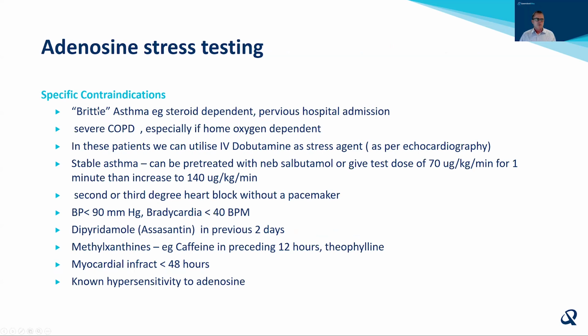Now, some very specific contraindications. If a patient has brittle asthma, for example, steroid-dependent, or a recent ICU admission, then they should not have adenosine because they can have severe bronchospasm. I don't give it to patients with severe COPD, especially if they're home oxygen dependent, because those patients may have a little bit of reversible airways disease, and if you take that away from them, they become very distressed. But in these two groups, we can actually use intravenous dobutamine at our sites as a stress agent,